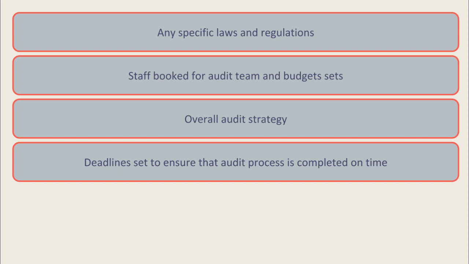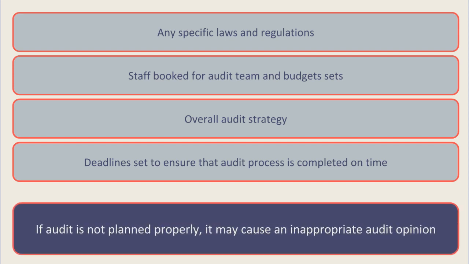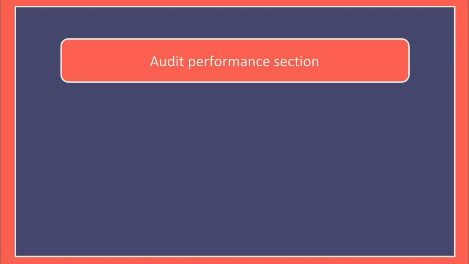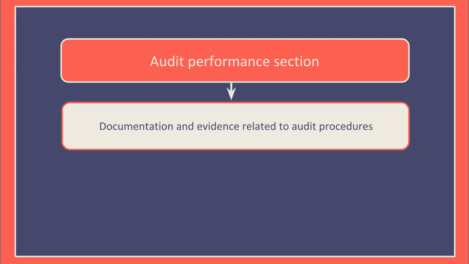We can see that this is a very detailed document which reflects the importance of the planning stage. If the audit is not planned properly, it may cause significant problems later on in the audit, including possibly forming an inappropriate audit opinion. The audit performance section will include all documentation and evidence collected that relates to the audit